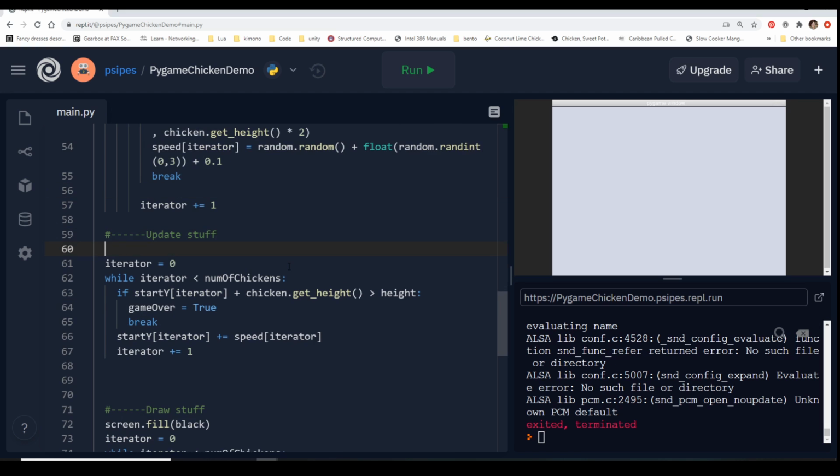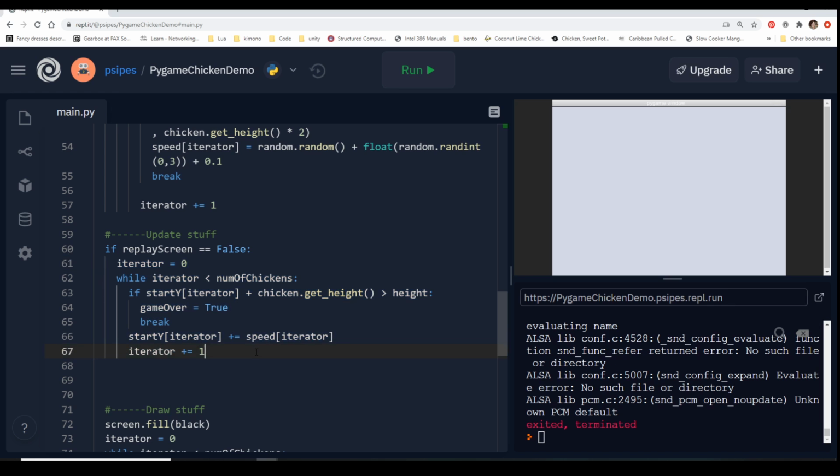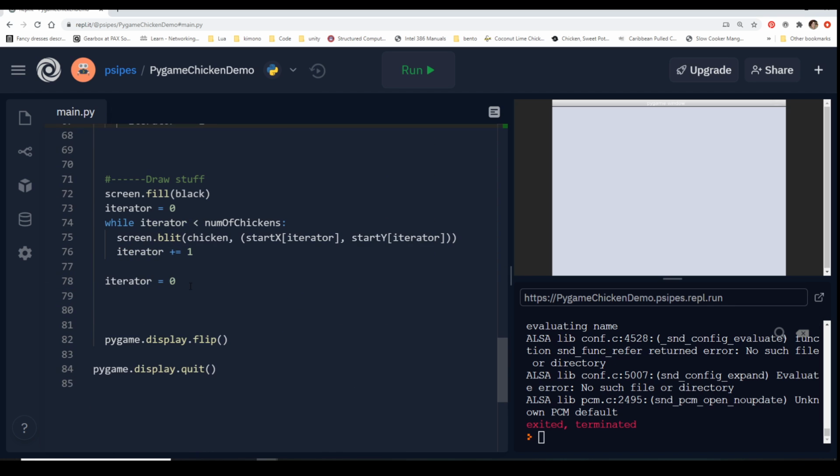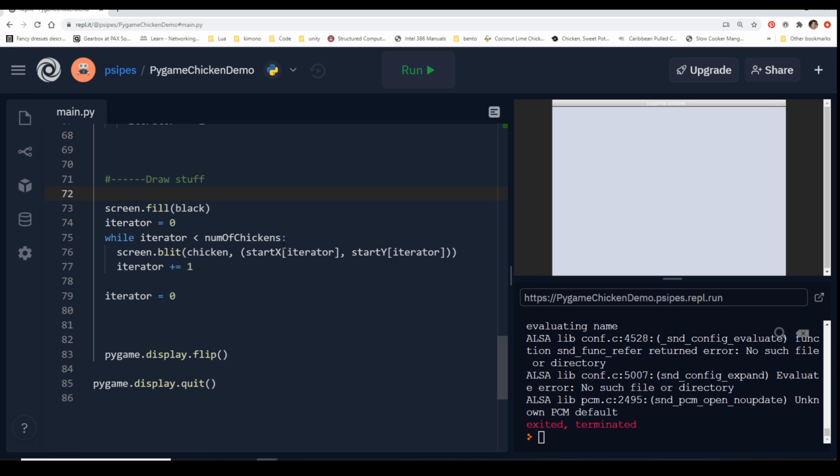So we just say, hey, if replay screen equals false, and tab over. And the same down here. We know that this stuff right here is going to be in there. So what we can do is we can say if replay screen equals false,